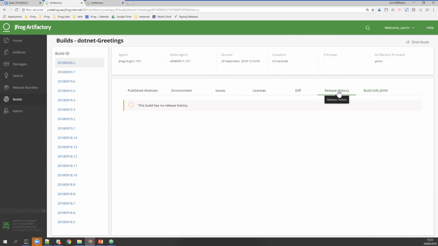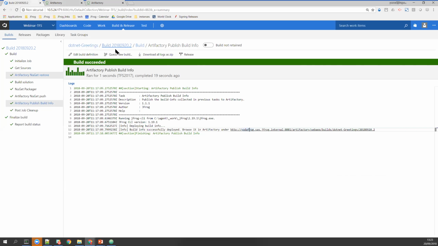What I want to show you also is this, the release history. Basically, it's a way to implement your binaries lifecycle. So that's why I will jump to my TFS. Okay. And I will show exactly what I have in my release